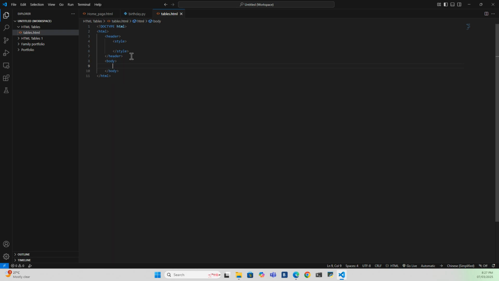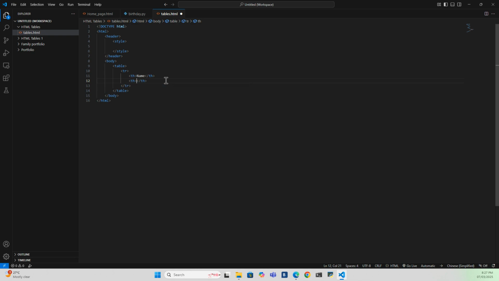Perfect. Now, create a table element. In the table element, first we will create the tr tag, under which we have to type the th tags. The th tag is basically the table header. So in this tag, we have to type the heading of the column. Now I want the heading of this column to be name. But remember, if there are multiple headings in a table, then for each heading there should be a th tag.